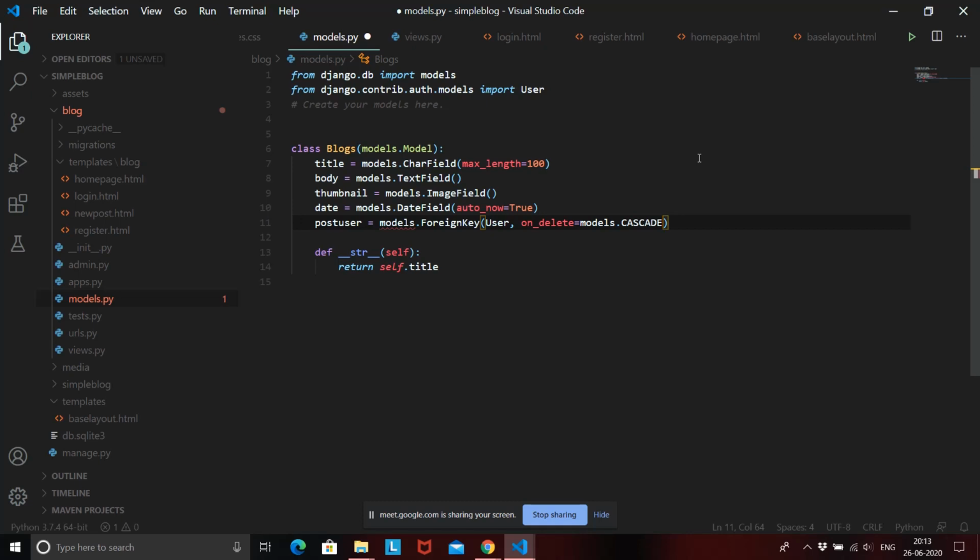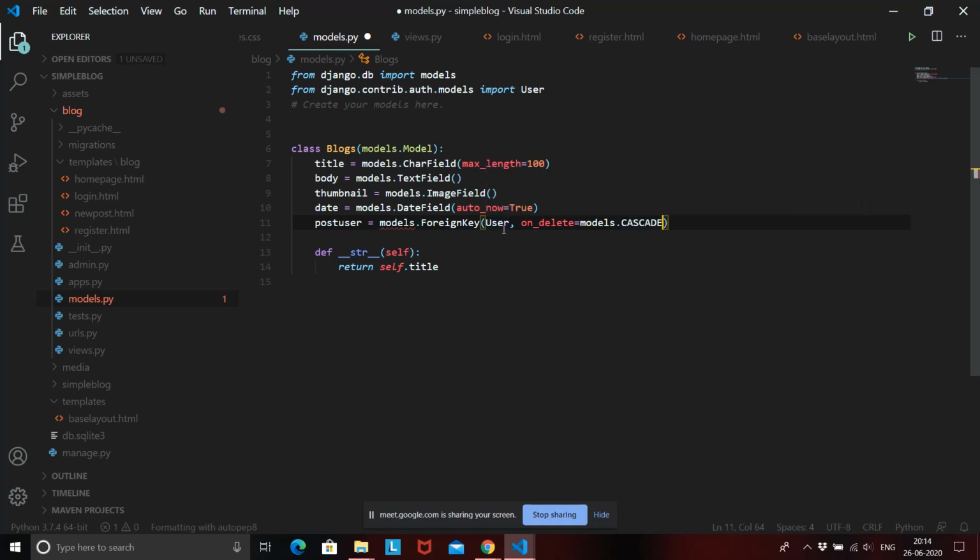So if you delete this particular user who created this blog, then all the blogs that were created by the user you have deleted should also be deleted. We cannot have a blog without a user, right? So if you delete a user, this blog should automatically be deleted. Okay, so that is what on_delete models.CASCADE means.